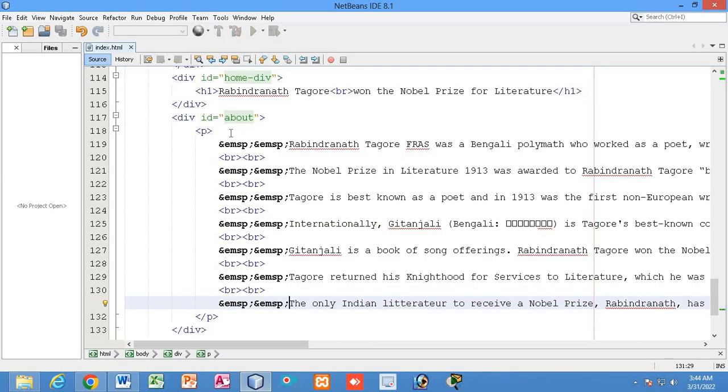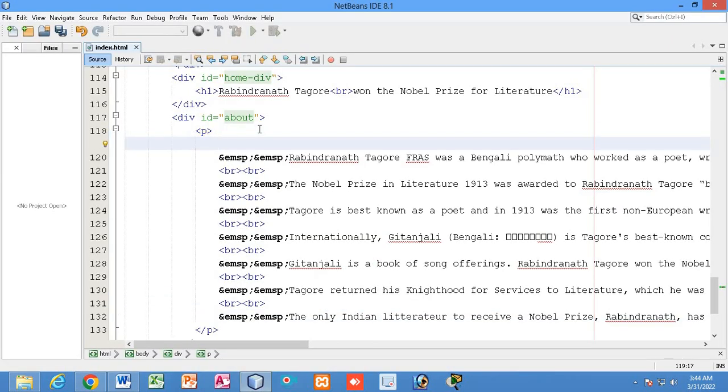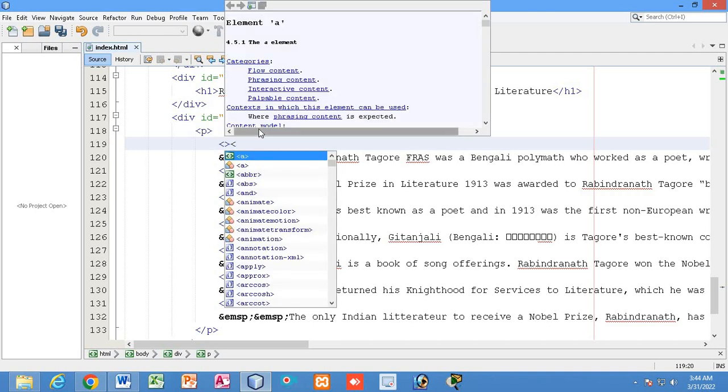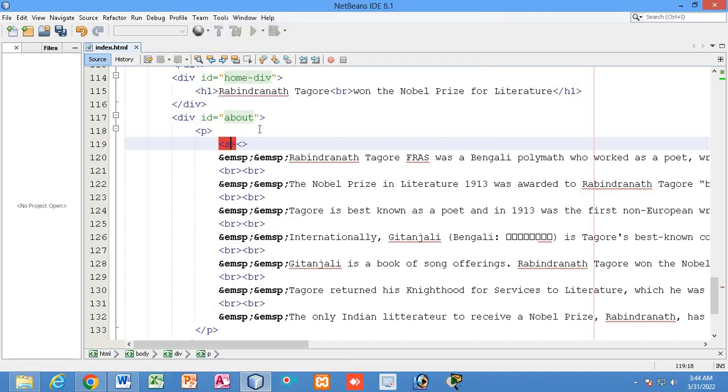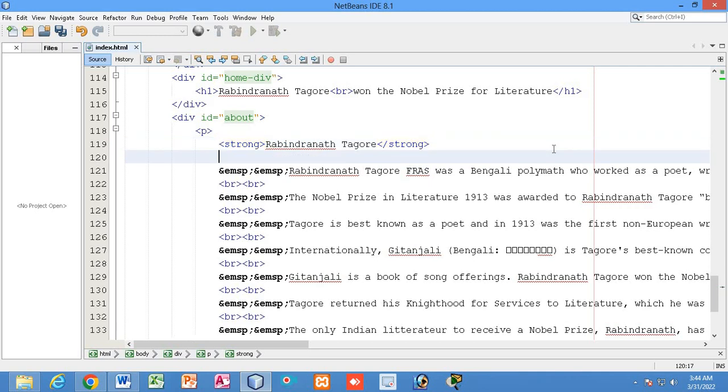Another thing I may add over here is the strong HTML tag. Here I will write this, which will be shown as a heading, right? And after that there will be a line.